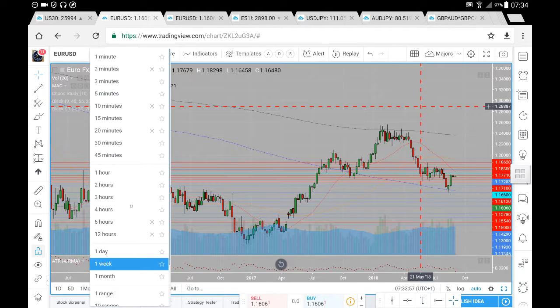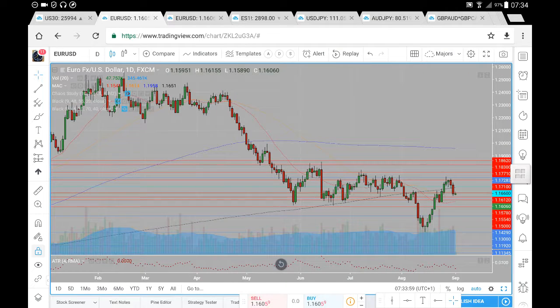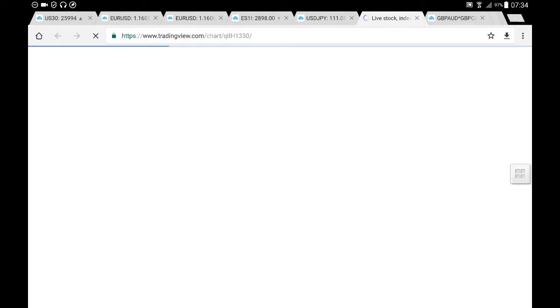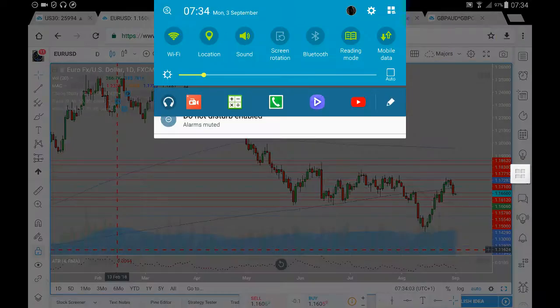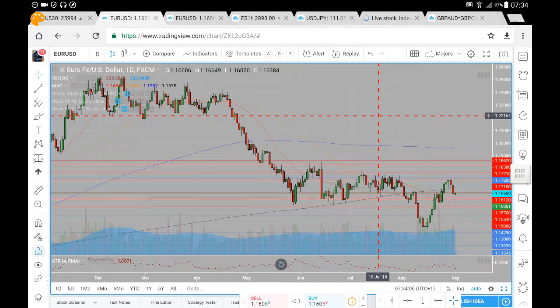And finally, we'll have a look here at the daily chart, and on this daily chart, we can see we've had this pretty sharp recovery here from that 113, tested that 1728. We've had a pullback, currently we're testing that 1612, so we'll see if we can break above and hold that